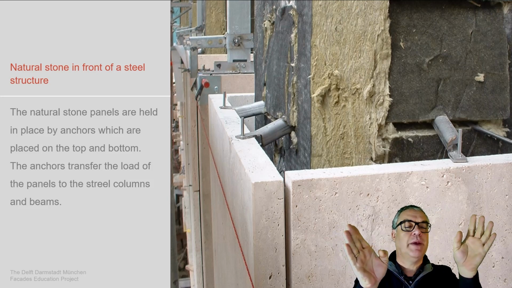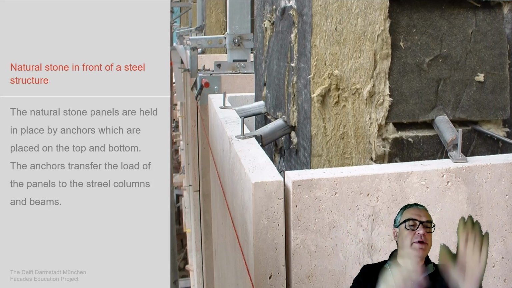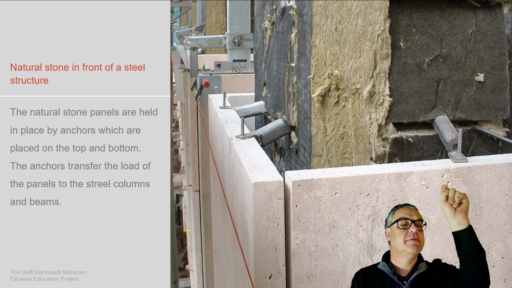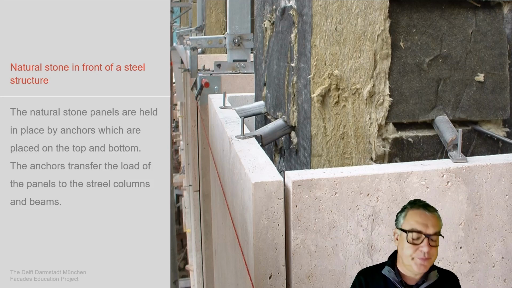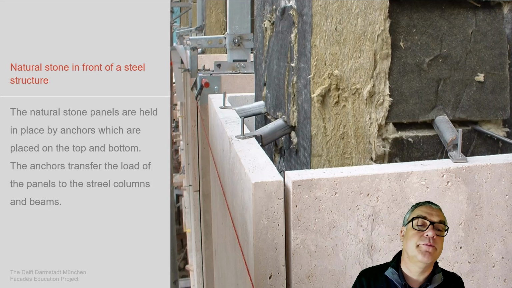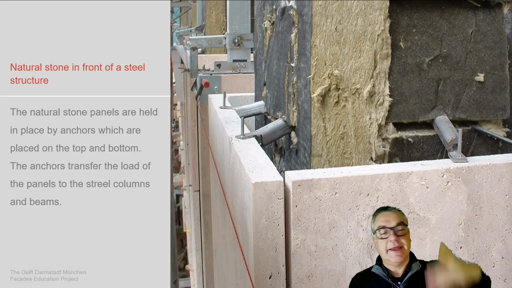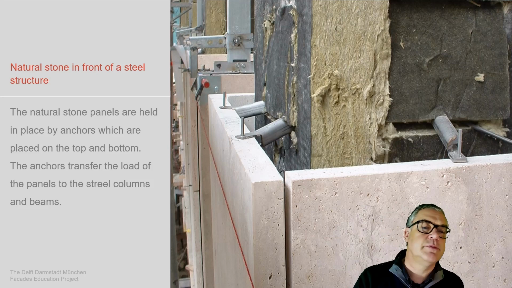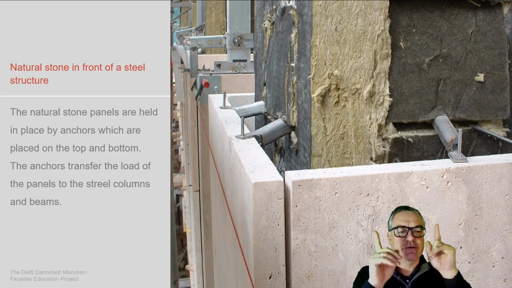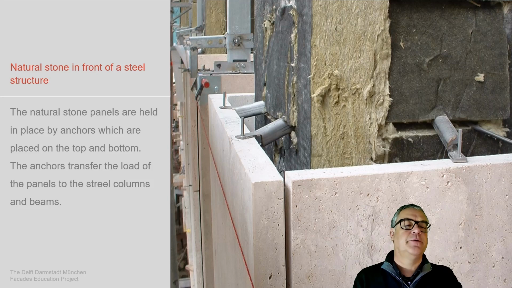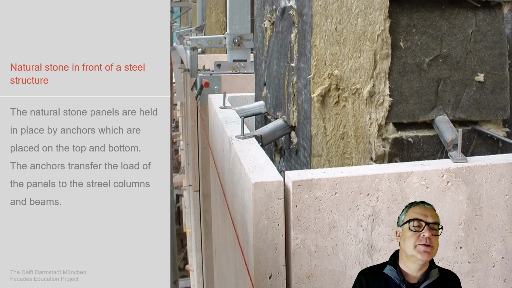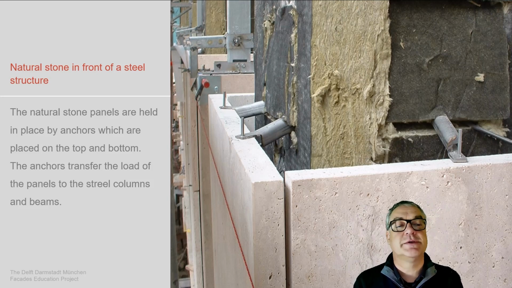Alternative solution: cavity facade or ventilated facade with natural stone. We see the natural stone plates. We see the insulated concrete column, and we see some anchorage coming out of that concrete column, going into drilled boreholes in the natural stone plates, and then the next one is stapled on top, and the next one, and the next one. There are two different ways of doing this, either with this kind of system, which you need to fix at the concrete plate itself, or with a rail system, a gutter system, which allows you to position the anchors in the position when necessary.